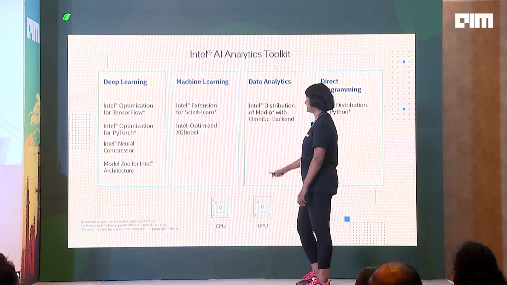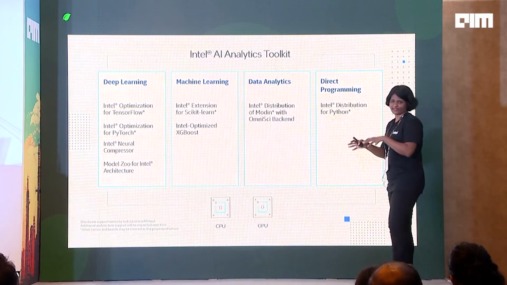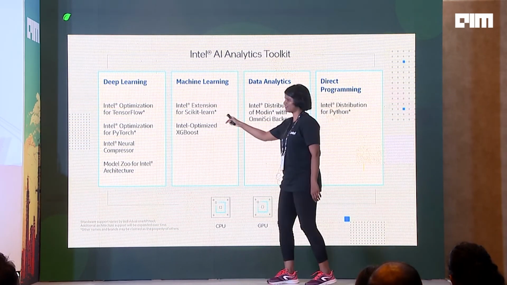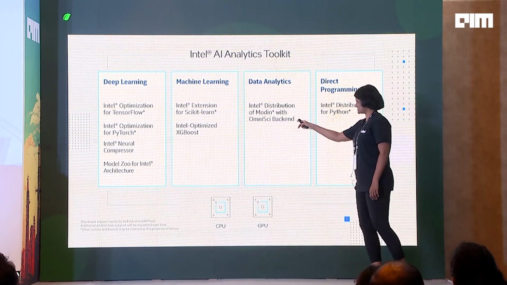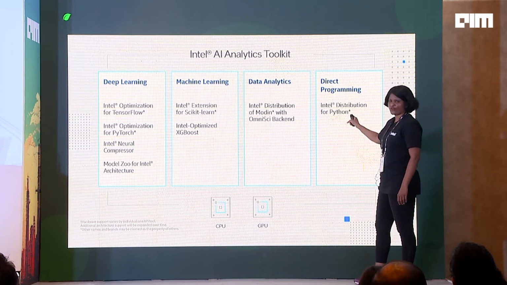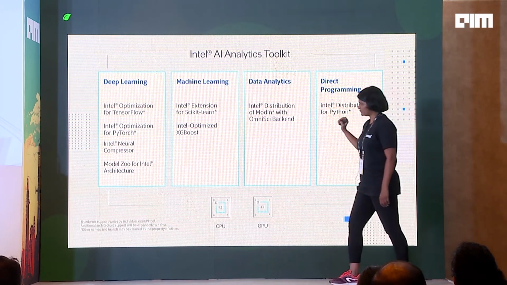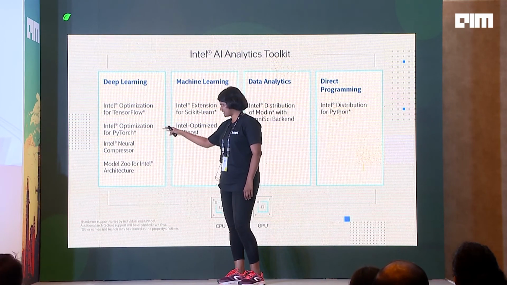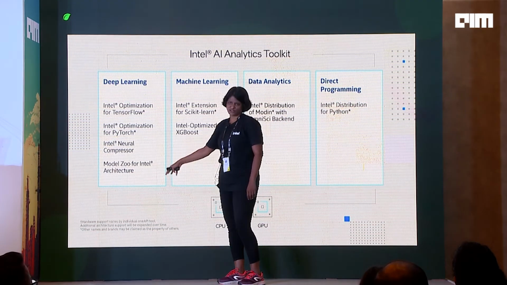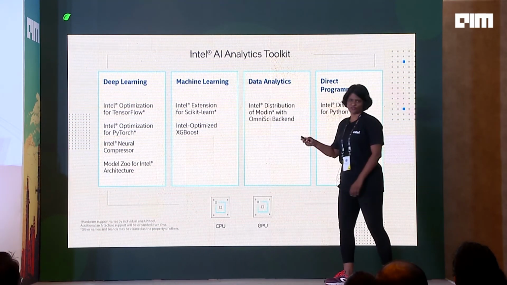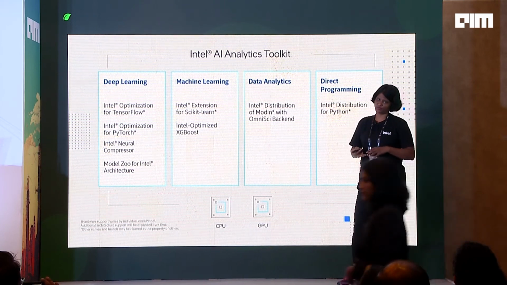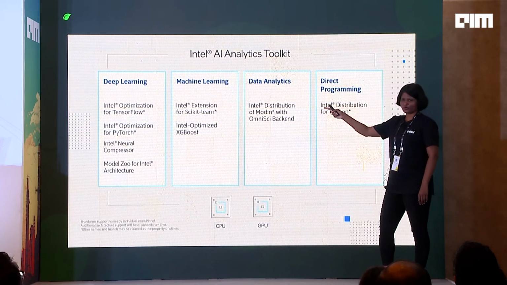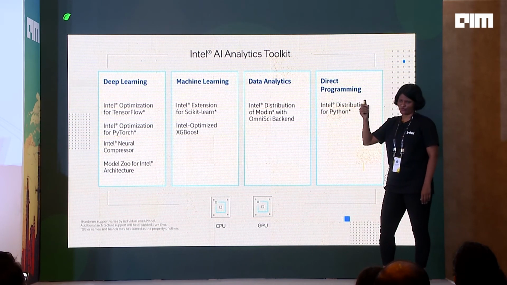So under the Intel AI Analytics Toolkit, you have various libraries. Our focus is going to be on Intel extension for scikit-learn. We are also going to see Intel distribution of Modin, and we are going to focus on Intel distribution of Python. These are things which will not be covered, but you can explore them on your own: how to do Intel optimization of PyTorch, Intel neural compressor, model zoo. But we'll be focusing on these 3 for the use case. Today's use case is going to be a tabular data problem, so the last 3 are more relevant for it. But I'll also show you how you will do it in TensorFlow with just 1 line of code.